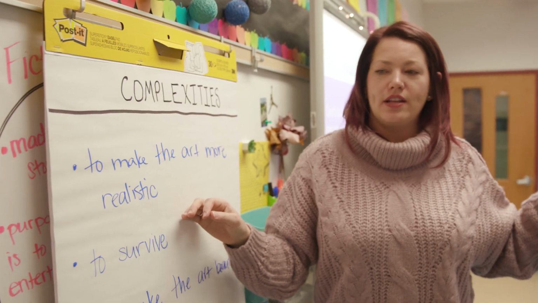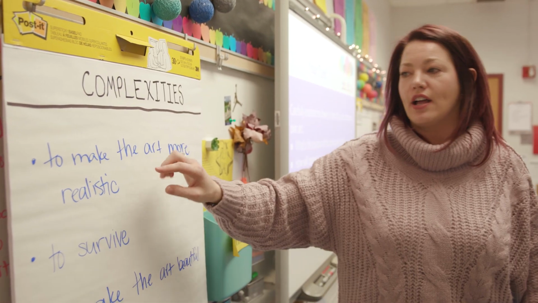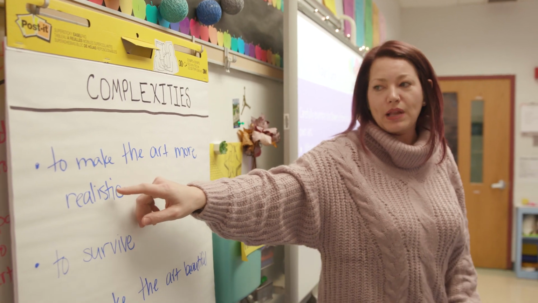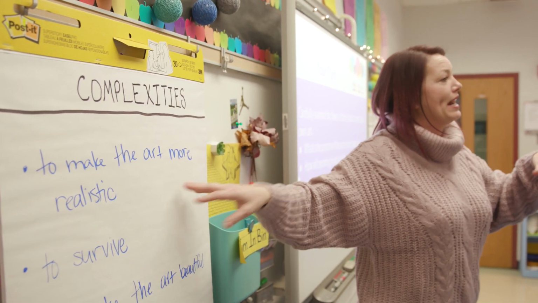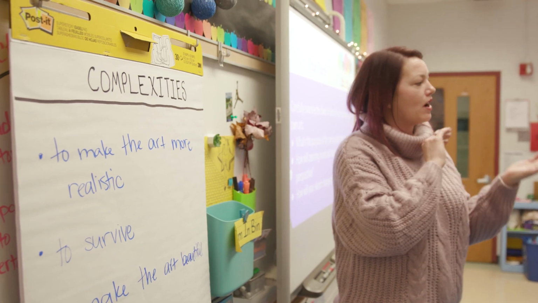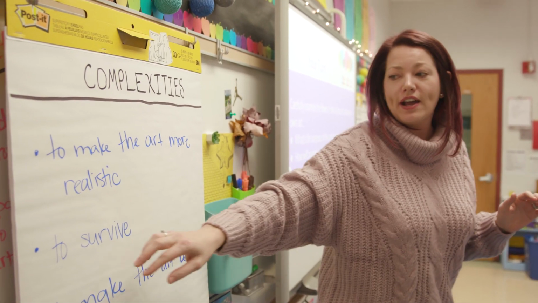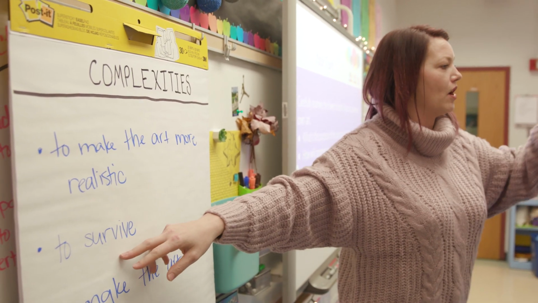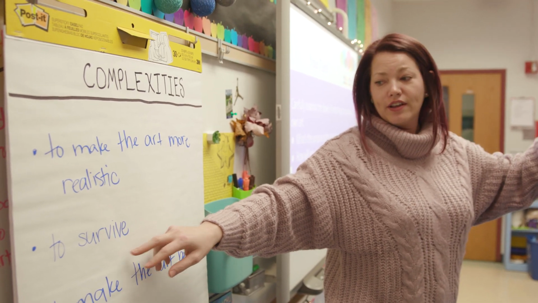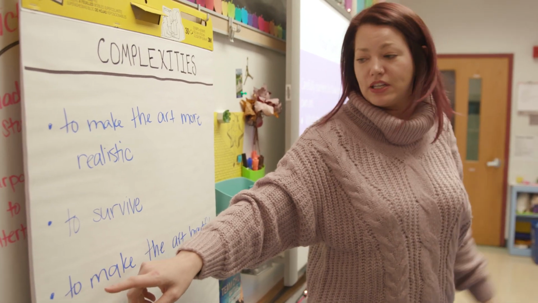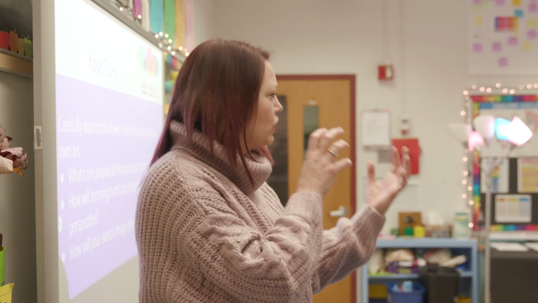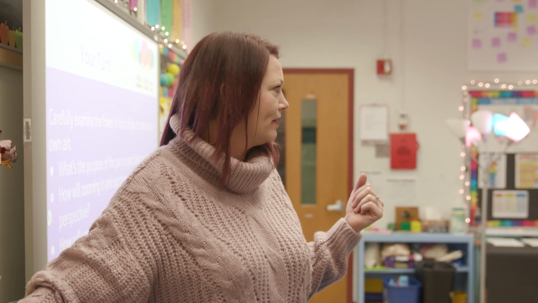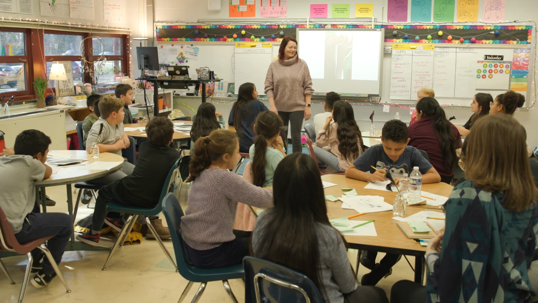Okay, so I went ahead and charted the different things that I heard from the class. I heard Alexa say the complexities are to make the art more realistic, creating the lines and the colors and the different contrasts that it had. Also, I heard Jonathan say it needed all the pieces, if we're thinking like a scientist, to help it survive, because all the parts and the purposes need to work together. And then finally, I heard Michaela mention it's to make the art more beautiful. So to add those really dark purples and the light greens together with the white and the red makes it more beautiful. So these are the complexities that we found.